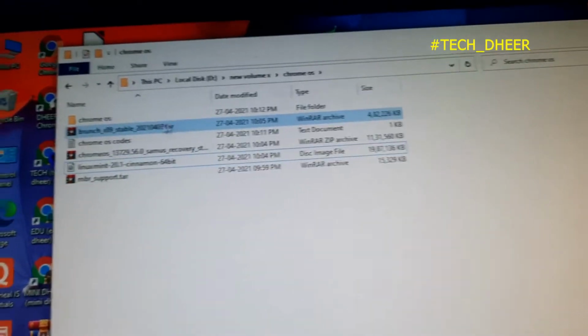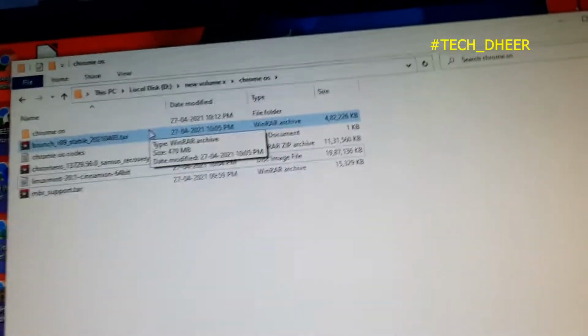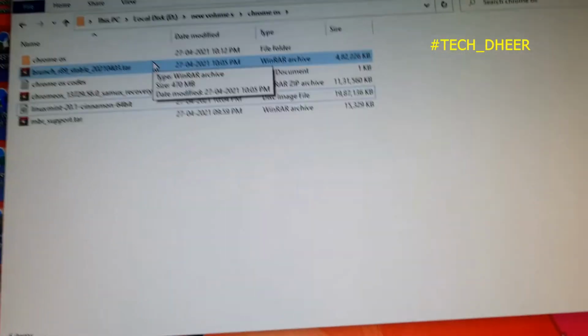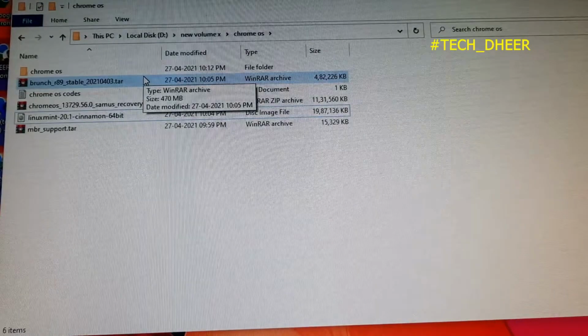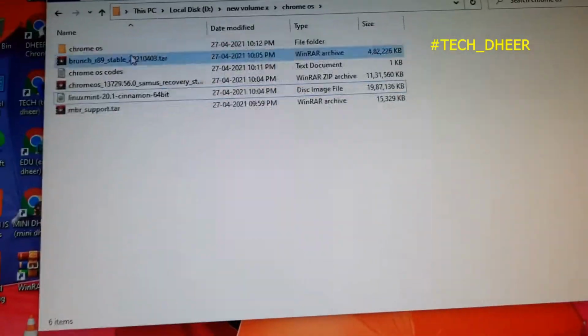If you extract this before, then after the installation is done correctly, you will get a missing OS or a kernel not found error. So always be careful.